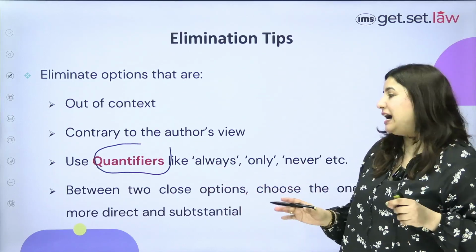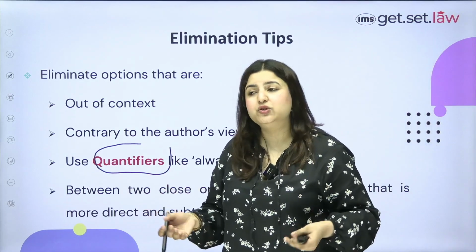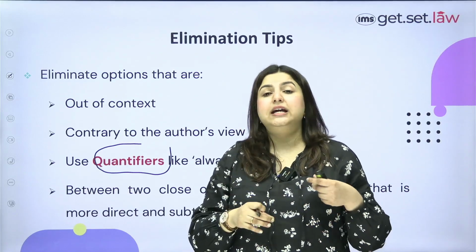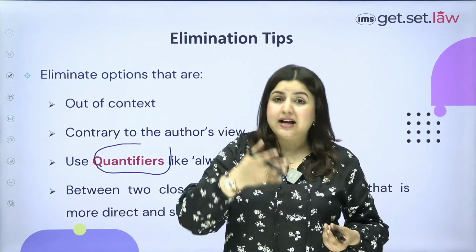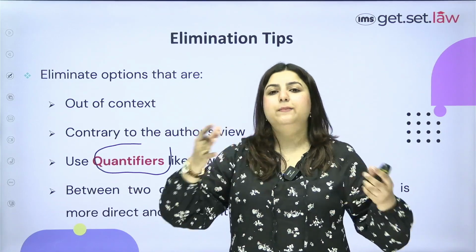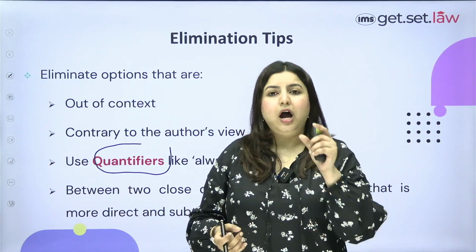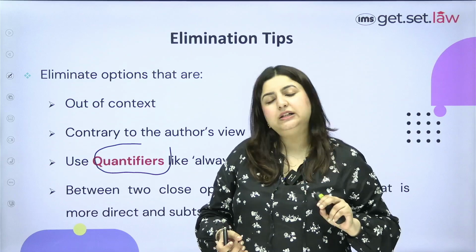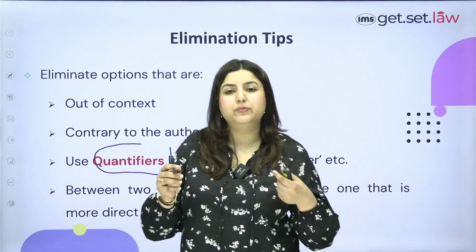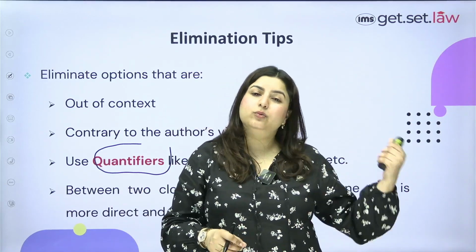And then the last tip that I have for you is, between 2 close options, choose the better one. Now, what is a better option? Something which directly addresses the question, something which directly addresses the argument, attacks the argument in cases of strengthening and weakening, right? Or something that is more substantial. Now, in case of main idea question, right? How do you choose a better option between 2 seemingly close options, right? Look for keywords, right? It's possible that the option that you feel is also correct might contain a different keyword, so maybe go back to the passage.